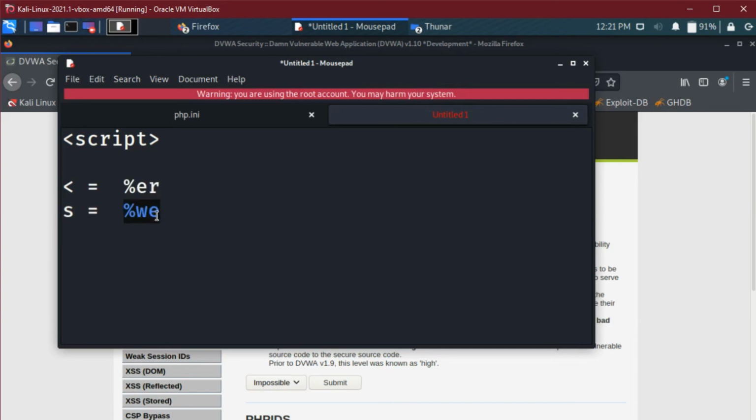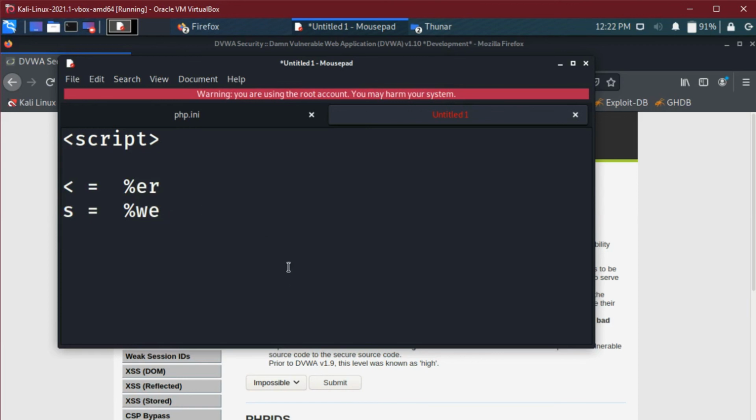If this request goes to the server, it will be changed like this: this symbol will be changed to this, and S will be changed to this. All the things will be changed. So this is one of the best filtering processes. By this way, the impossible level works. We cannot hack it, but in future, maybe a solution will arise, and at that time I will post how to hack the impossible level. If you know how to bypass this impossible level, just comment below. I hope you can understand what I'm saying.